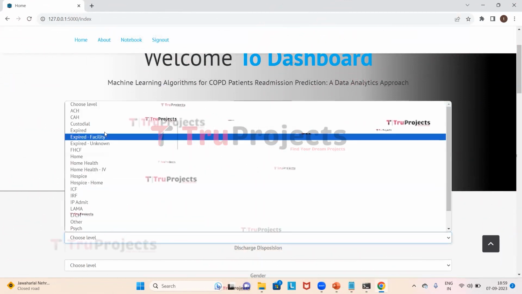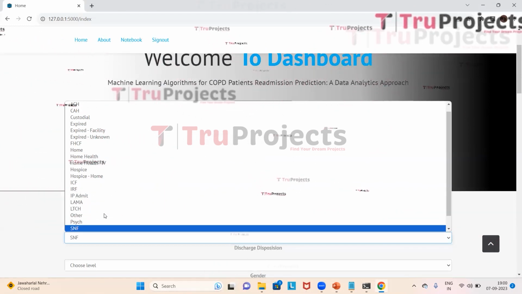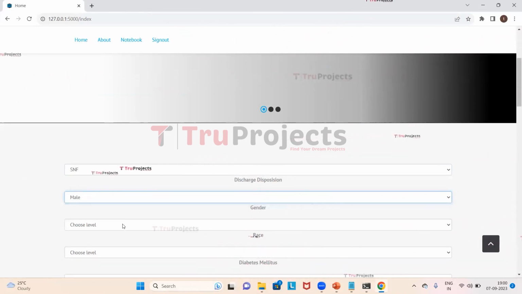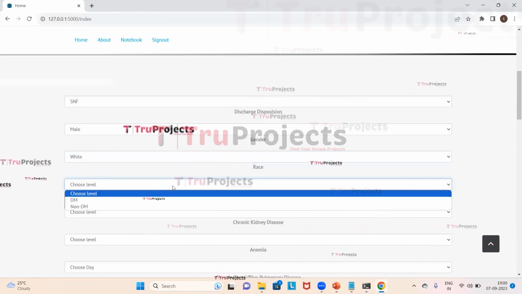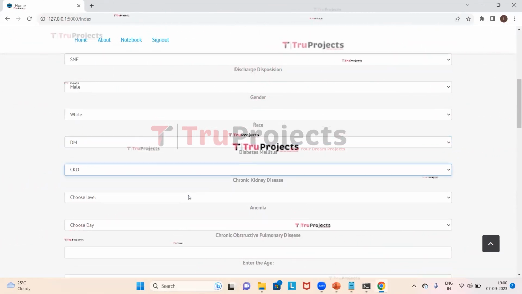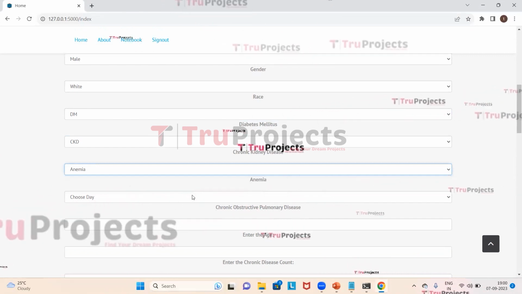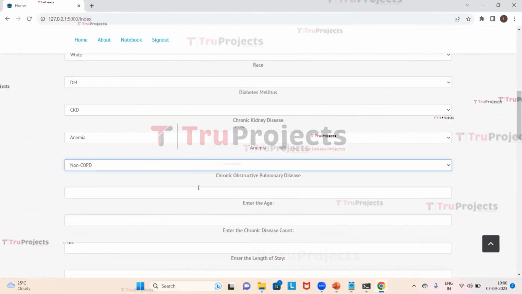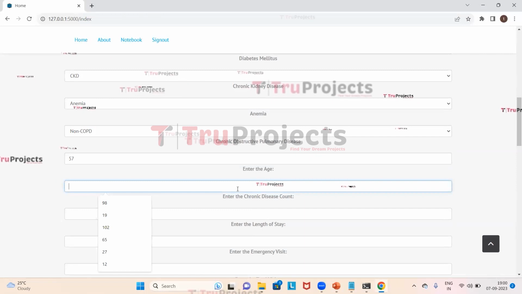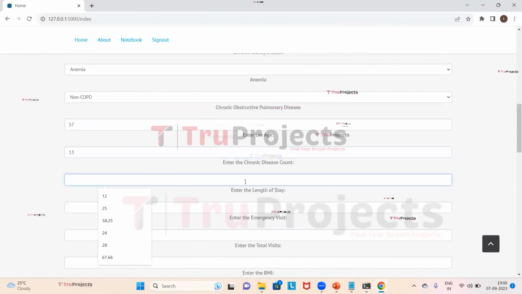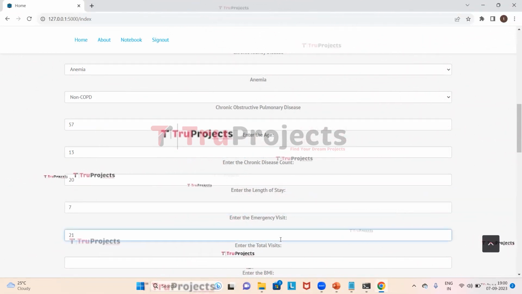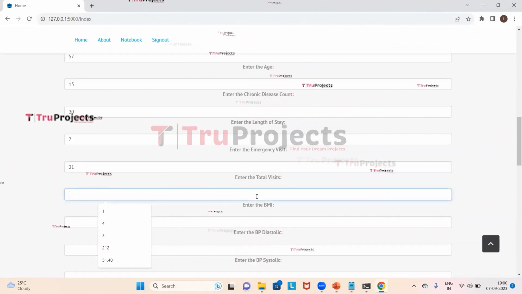So we will choose the level as SNF and gender as male and the race as white, diabetes as DM, chronic kidney disease as CKD, anemia as he has anemia, chronic obstructive disease as no COPD, and the age as 57, and the chronic disease count is 13, and the length of stay is 20, 7 as emergency visit, total visits as 21, BMI as 30.4,